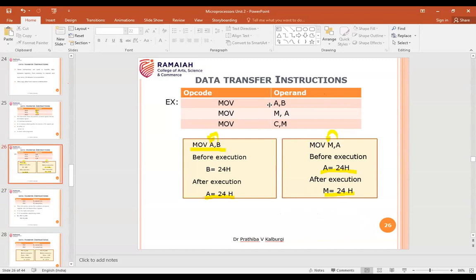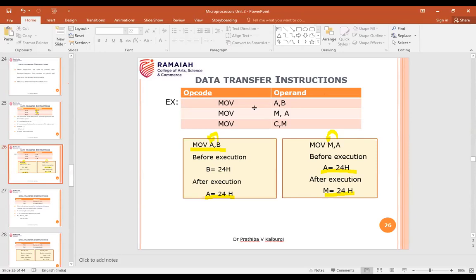You have all the 6 general purpose registers. So the instructions which come under your move instruction are MOV A, B, MOV A, C, MOV A, D, MOV A, E, all the combinations of your general purpose registers.